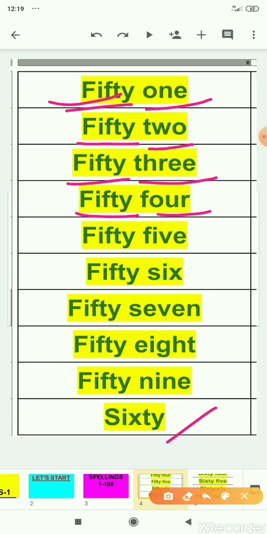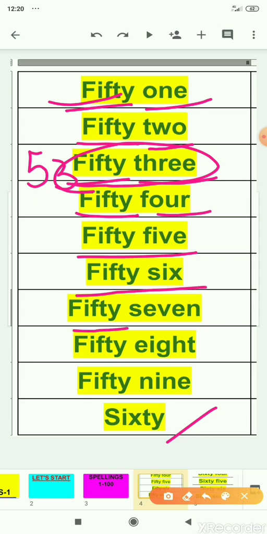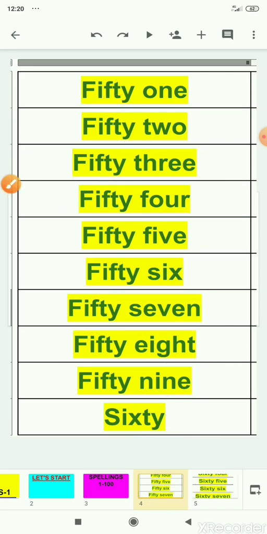It means our first spelling is the same when we write again and again, and only the last spelling changes according to the number. If we write 53, the spelling should be FIFTY for 50 and THREE for 3. In this way we have to write ahead also 55, 56, 57, 58, 59, 60. I hope you all have done homework at home and are practicing also.